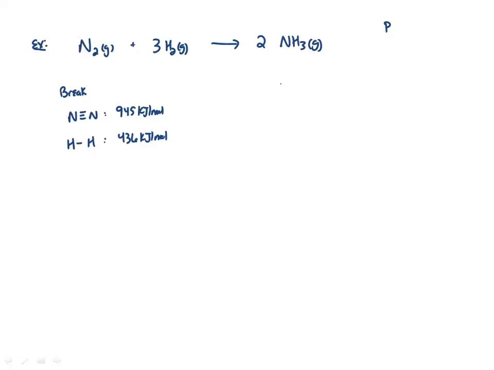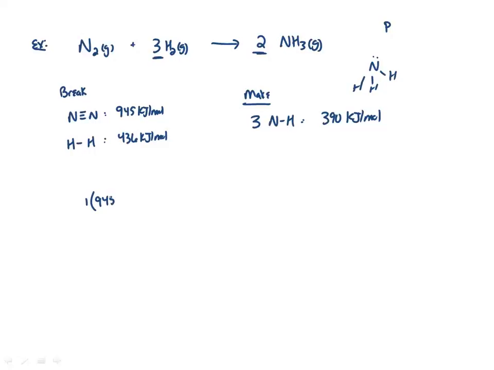And then I take a look at the molecule NH3. Notice that it's got 3 bonds to hydrogens. And so I need to make 3 bonds between nitrogen and hydrogen. And if I look that up in the book, it's 390 kilojoules per mole. And then the other thing to remember is that I've really got 3 moles of hydrogen and 2 moles of ammonia. And so what I'm really doing is I'm taking 1 mole